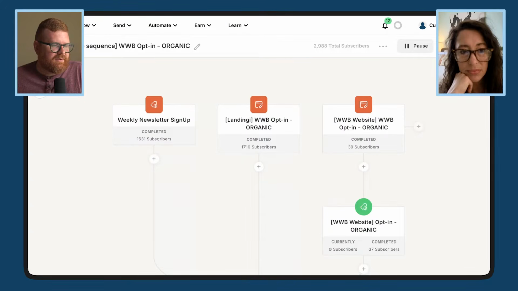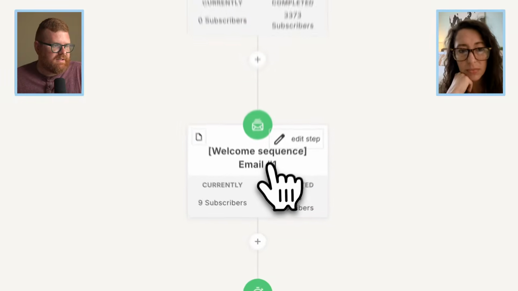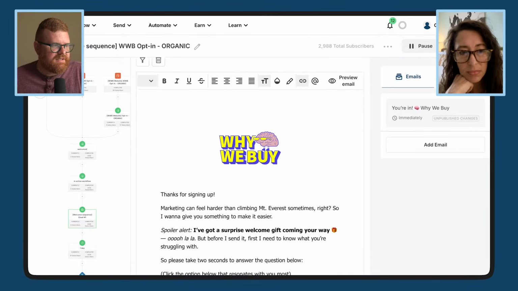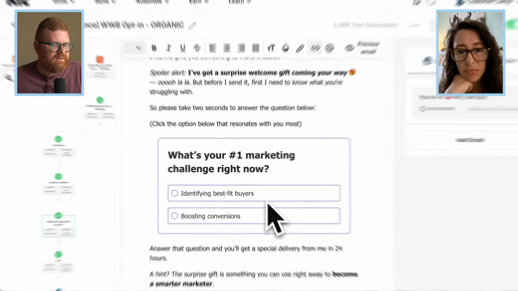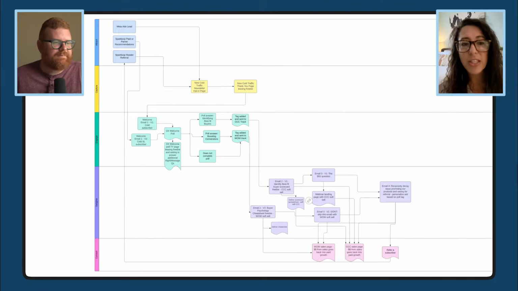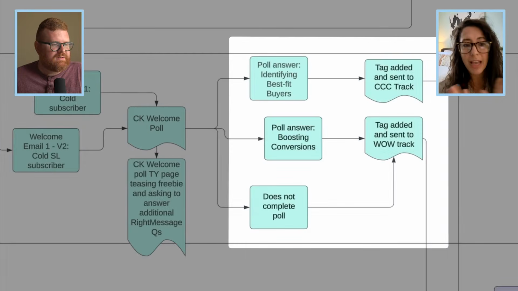Okay, so they're in an active workflow and then they go into this welcome sequence email 1. So let's take a look at this real quick and see what's going on here. I'm curious, as far as this email goes, what are you looking for in terms of the flywheel in this email specifically? So this is really the first point in the flywheel where our goal is to segment the audiences